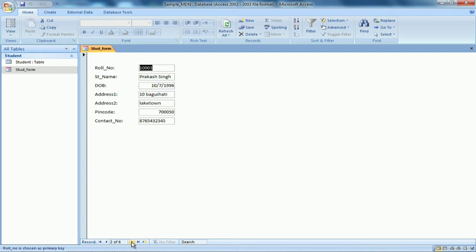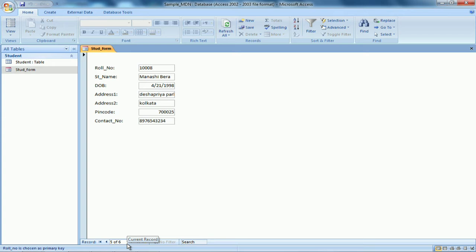Now let us open the form once again. First record, second record, third record, fourth record, fifth record, sixth record. So my roll number was 1006. It is not being entered. I had given, so why is it not entering? Let me check now. Had I given something wrong? Yeah, it has taken 1008. Yes, I think I had given 1008. So it has taken the records. Now it is automatically saved.